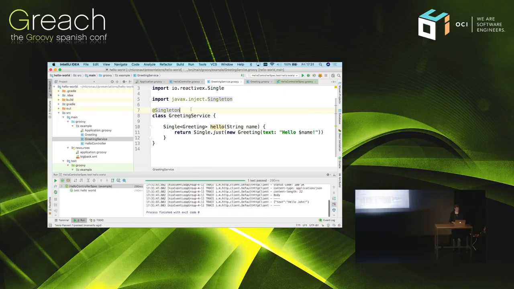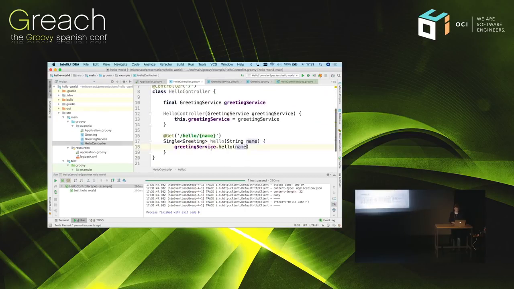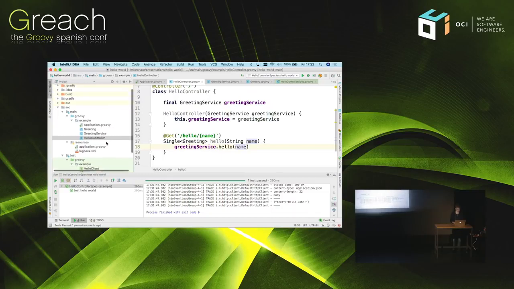There we go. Injected greeting service directly into your controller. Dependency injection. No impact on startup time, performance. The more beans you have, you're going to see almost uniform startup time. So that's cool. That's all interesting. But